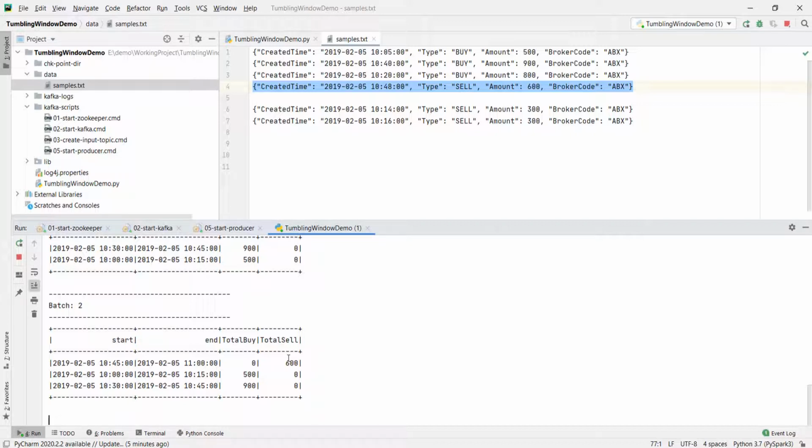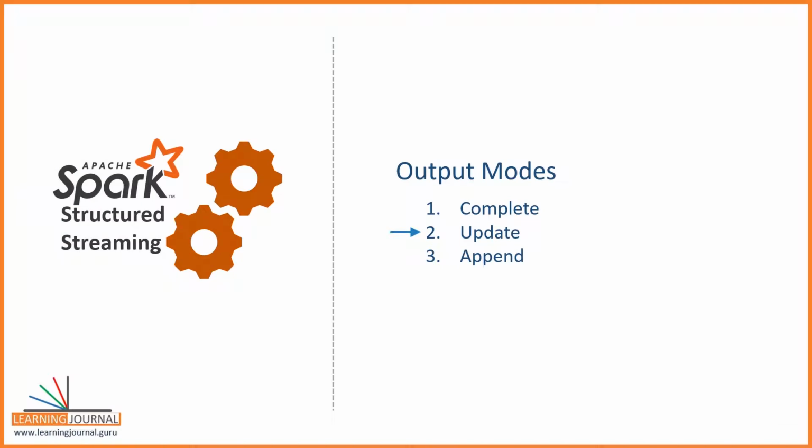However, this complete mode for windowing aggregate has a side effect on the state store cleanup. Now Spark knows that you want to see the complete output. Hence, Spark cannot clean the outdated window from the state store. I mean, we can do only one thing. Either we can give complete output or we can clean the state store. We cannot do both. Hence, even if you applied a watermark, Spark will never clean the state store because you asked for the complete output. The point is straight. Use the complete mode on time window aggregations with caution because it can stop the state store cleanup.